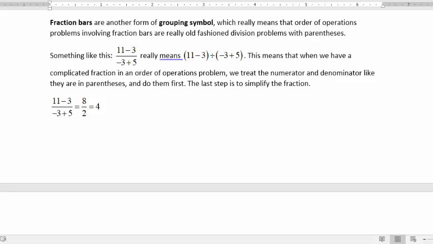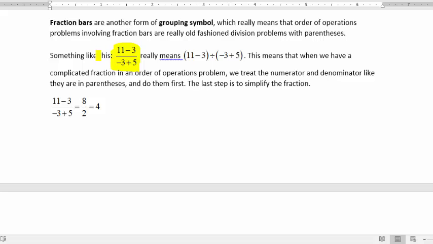Alright, so we looked at the complex fractions, the basic ones, where we're basically just doing keep, change, flip. Now we're going to realize that fraction bars are actually another form of grouping symbol, like a parenthesis. So if you encounter an order of operation problem that involves a fraction bar, they're really just like big division problems with parentheses, right? So if you see something like this, 11 minus 3, the whole thing over negative 3 plus 5, you really are viewing that fraction bar as a